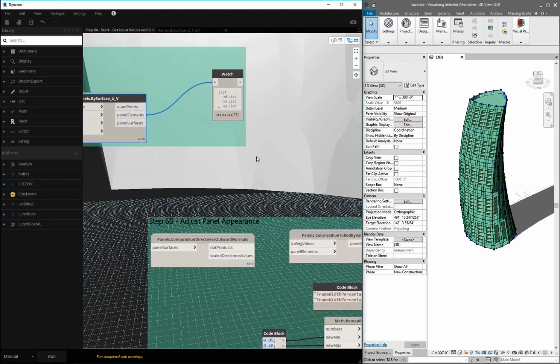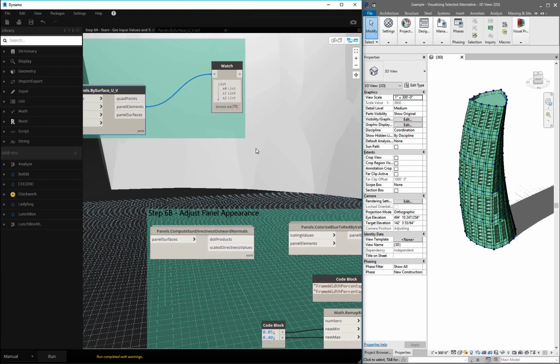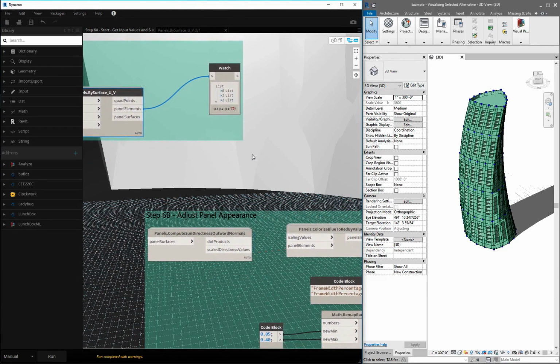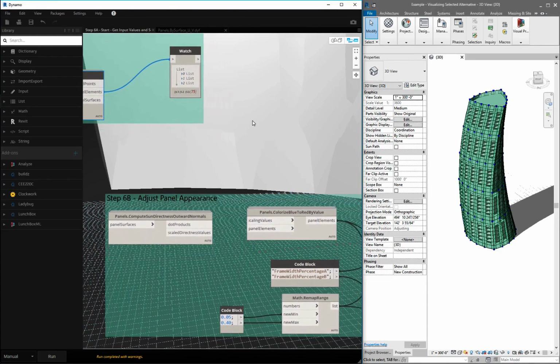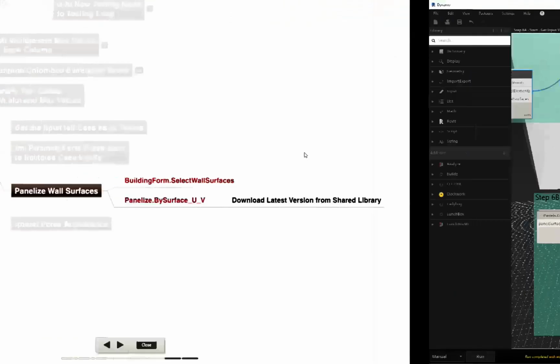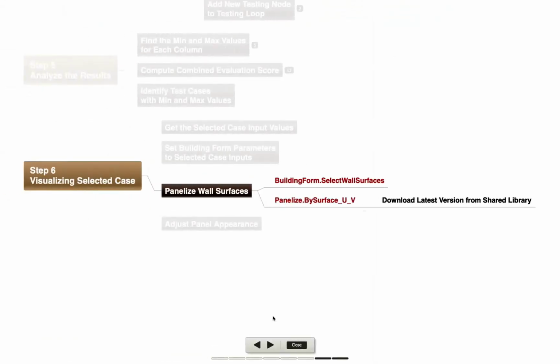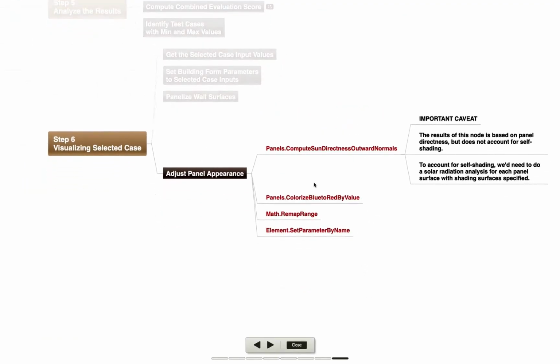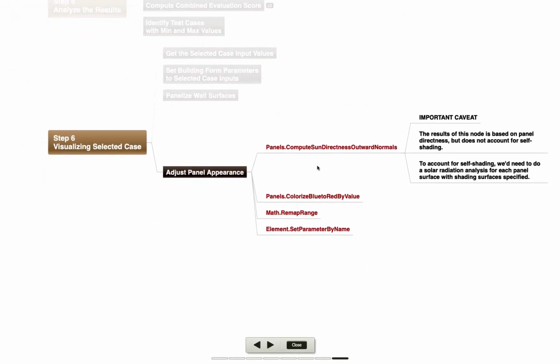What I want to do now is think about going through and taking those panel surfaces and computing all the different dot products and giving me the scaled values here. So let's go ahead and bring that on down. We're going to use those values to do some colorization as well as changing the panel opening. So just to follow the logic through, we're going to use our panels compute sun directness, again, with